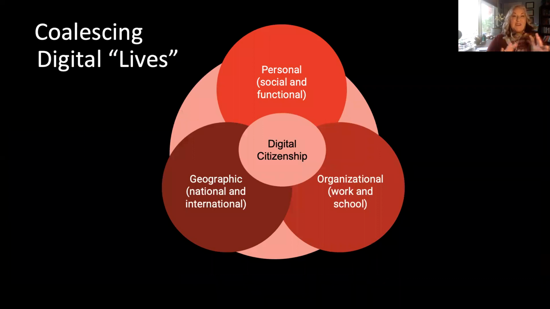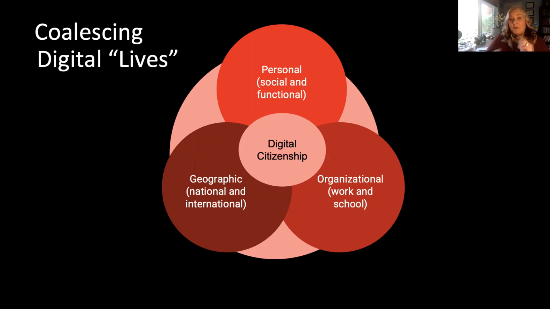So now we're moving along the line of these concepts into some actual functional strategies that we can apply. Because we have these coalescing digital lives, you do, I do, our students do, we have these personal, geographic, organizational, digital ecosystems that are constantly overlapping one another. And we hope that our students have this lens of digital citizenship to protect them in these spaces and to provide them with the most information that they can get around how they are navigating their identities and their signature